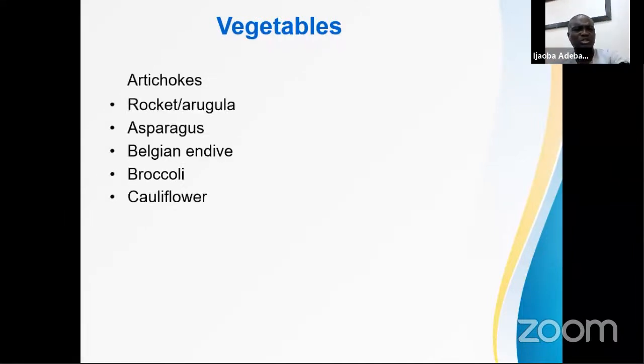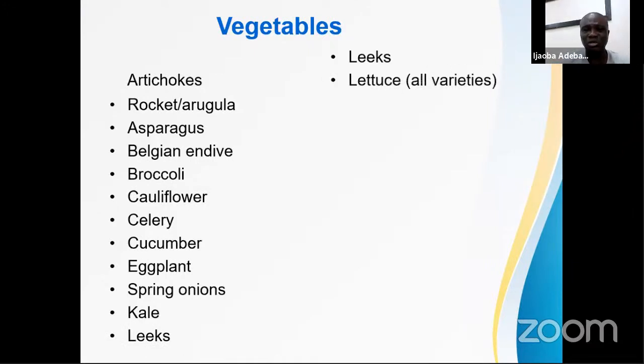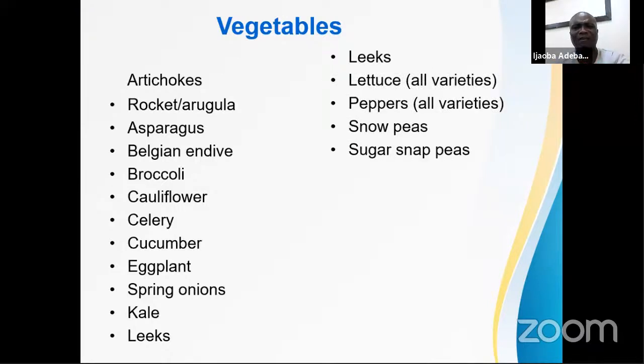Vegetables, just see the ones you can lay your hands on: broccoli, you can get celery, cauliflower, cucumber. My children have been teaching me how to pronounce cucumber. They say, Dad, it's not cucumber. You can get garden egg, spring onions, kale, and all of these you can get in our Super Greens. Fantastic. I love Forever. Lettuce. Get all of these wonderful products.